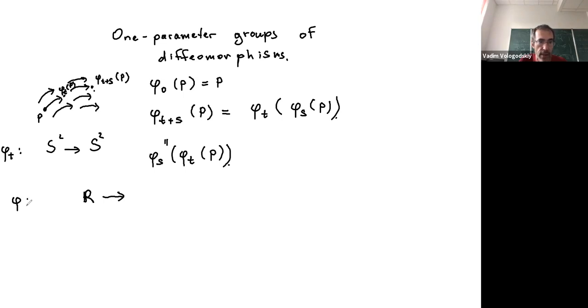Now I do not fix t, so I can think of this family altogether for all t as a homomorphism from the group of real numbers to the group of diffeomorphisms of my manifold, which is in this case S2, right? So t goes to